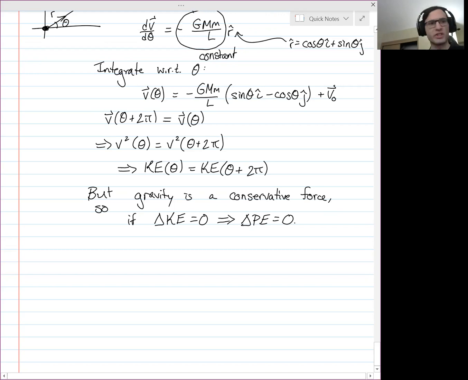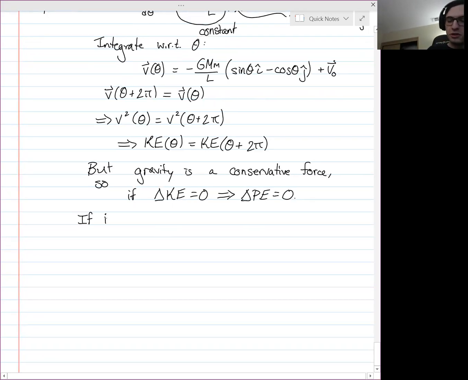Because there's no external forces, gravity is the only force here. And so if it's true that the gravitational potential energy function, whatever that may be, I haven't told you what it is yet, I'll tell you at the end of lecture today, whatever it might be, as long as it only depends on the distance from the body,